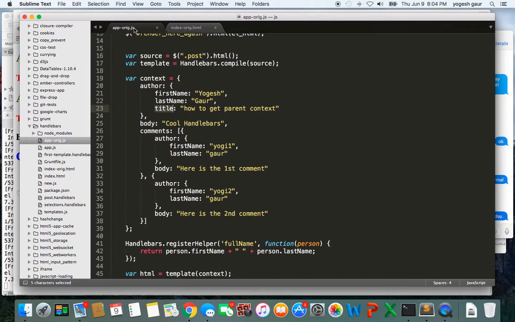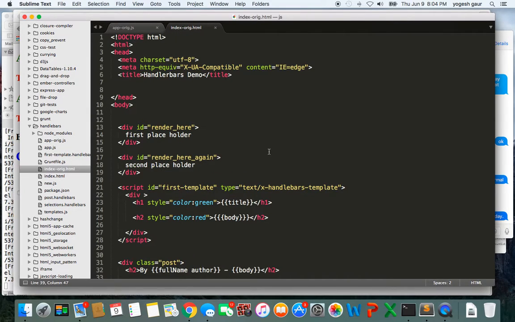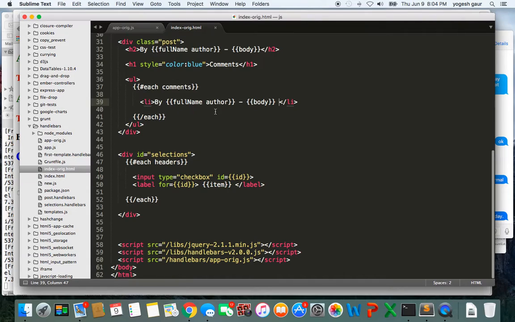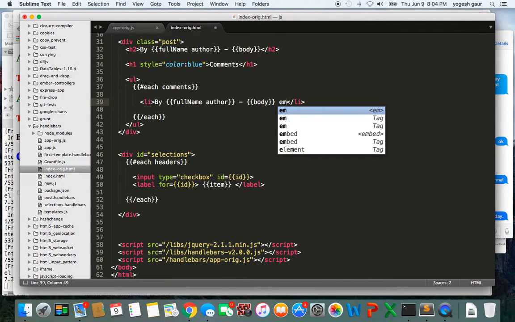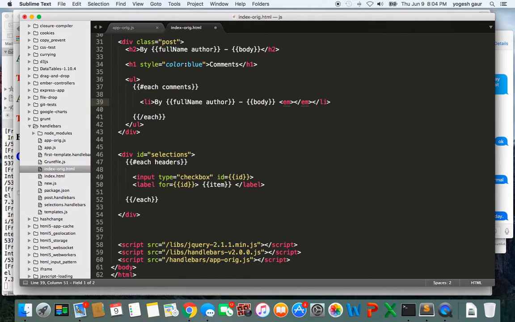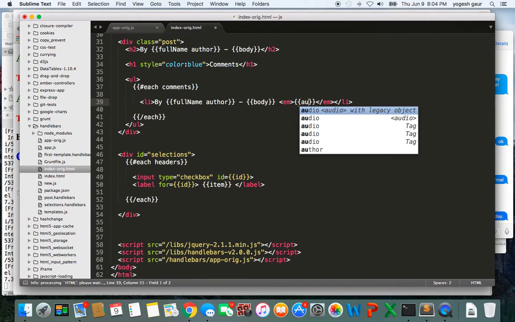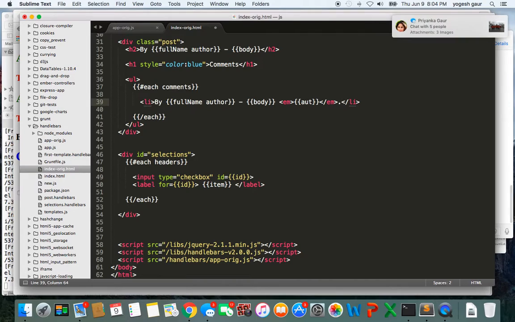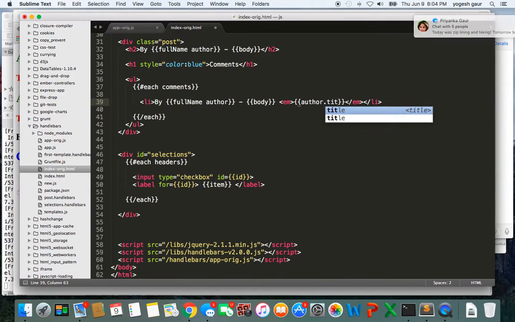It's pretty easy actually. Let's say I go to the point where I wanted to access that, and I'm going to emphasize it. Basically what I would like to access is author.title.